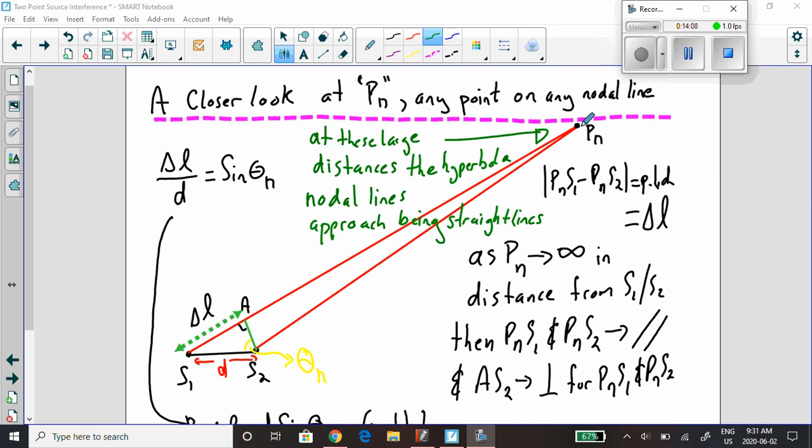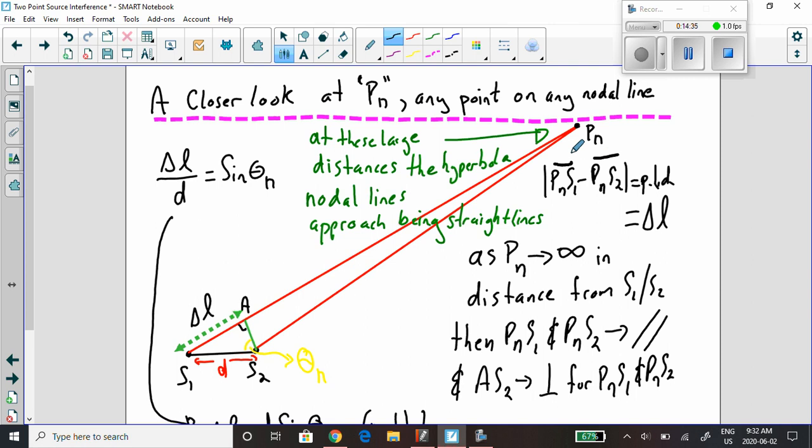And point Pn is very far away. Let's say source 1 is on one side of your desk, source S2 is on the other side of your desk, and this is so far away, it's like on the other side of the football field, very far away. So we remember from what we just learned